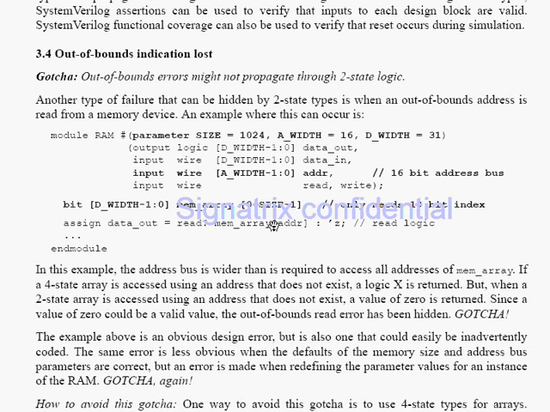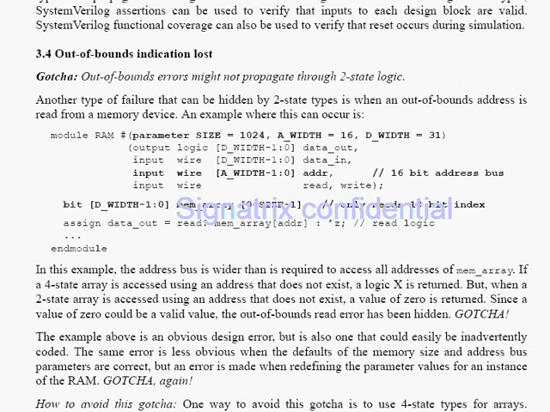In that case, what output will you get? We know that when this is not a valid address, it will be replaced with the 0 value. But 0 is a valid value, so during that time you will get some valid data at the output port. So this means that the bug is hidden. You are not able to propagate the bug.